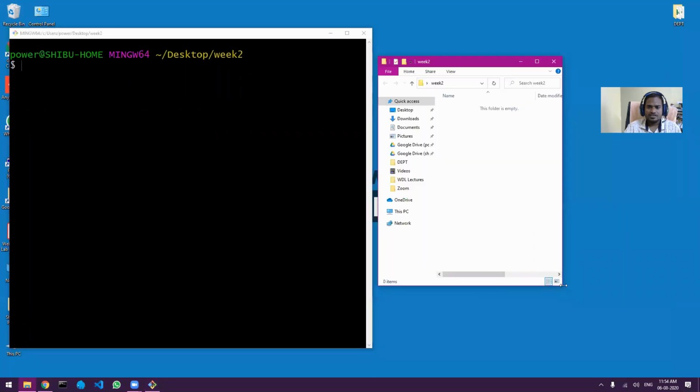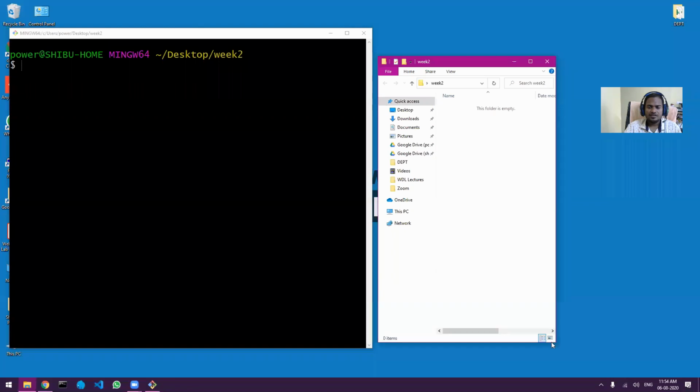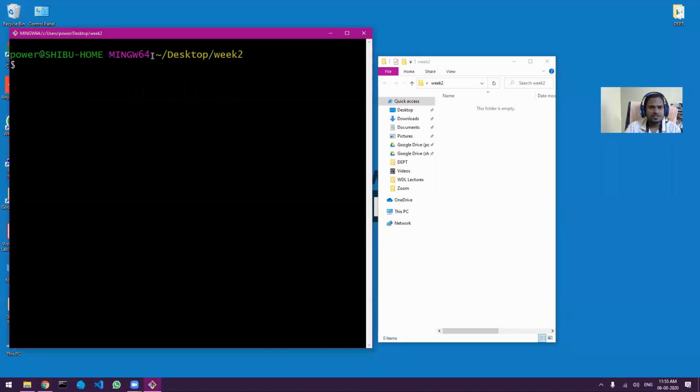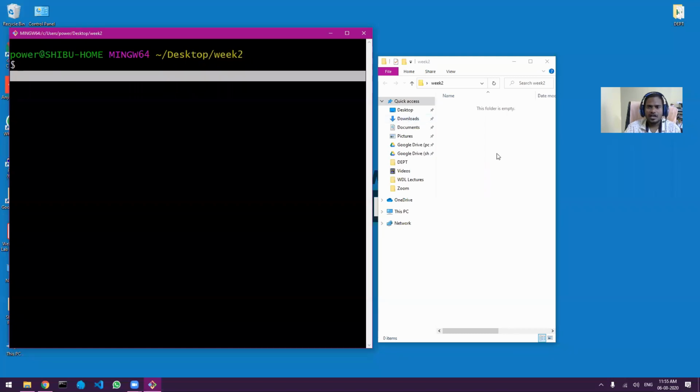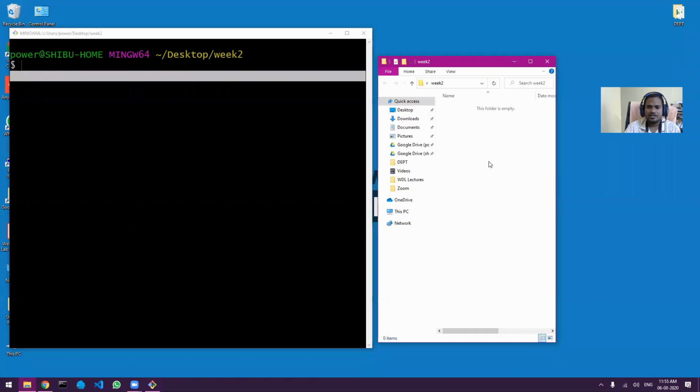So you can see I have the git bash here, which is in the week 2 folder on the desktop right now, and inside the folder nothing is there.